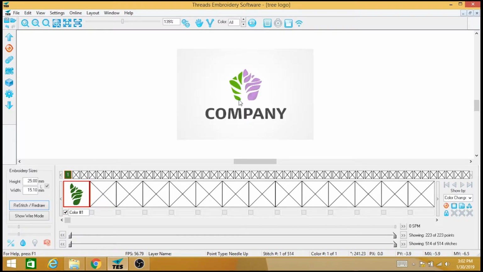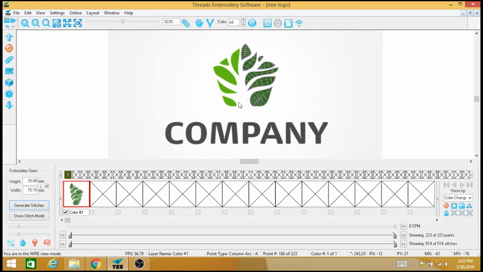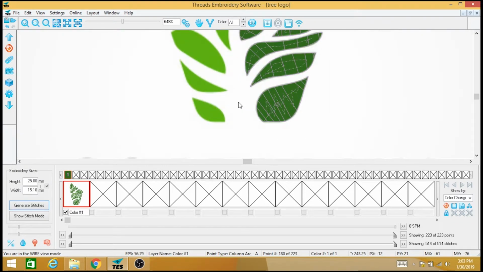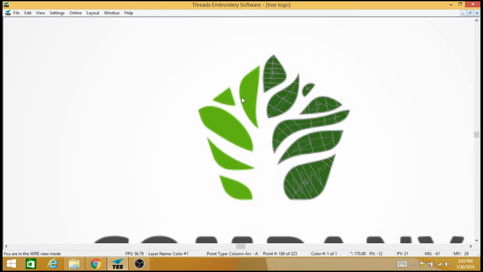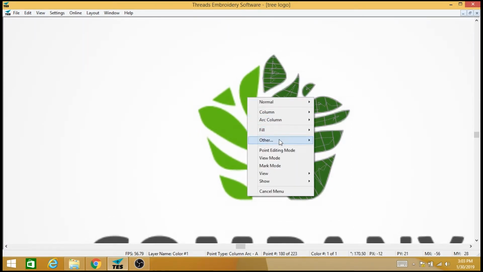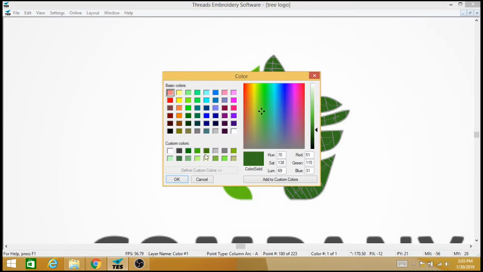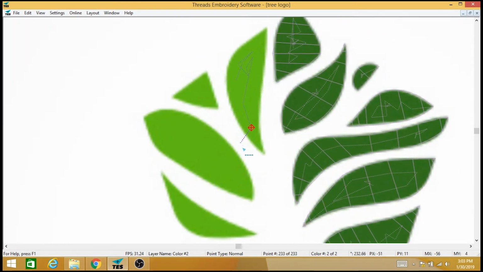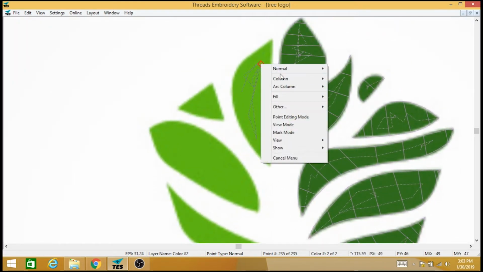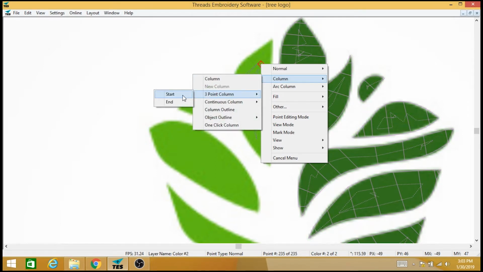Okay, so I'm going to turn my background back on. Turn my stitches off with S. Use the right arrow on the keyboard. Press F11. Now we're going to continue with the other pieces here. So I'm going to right mouse click, go to other, color change, select this lighter color here, put a lockdown, put some underlay, column, 3-point column, start,